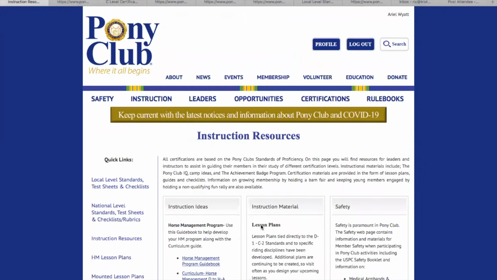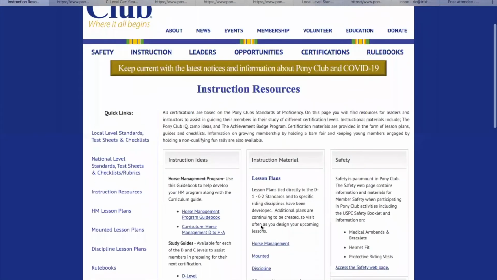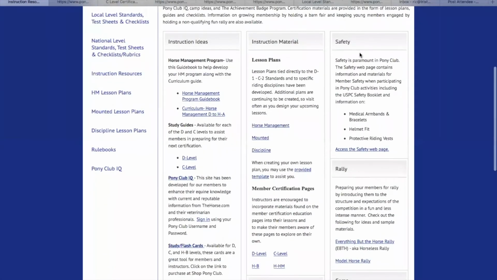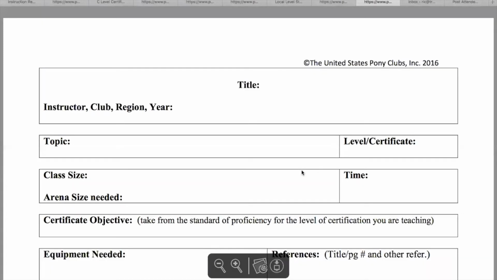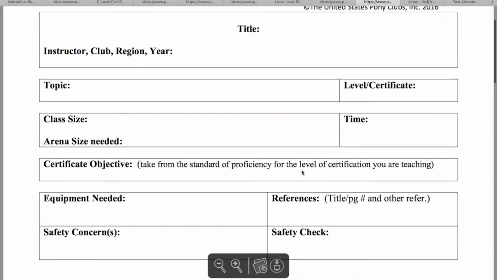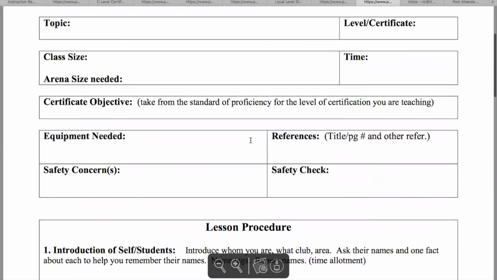But that is where, yes, in the instructional materials lesson plans, which is the middle column, it says provided template to assist you. You can click on that and print it off and use that to write in,